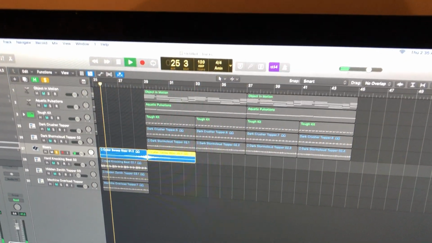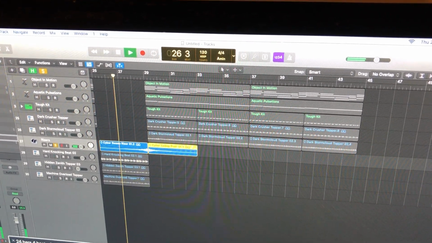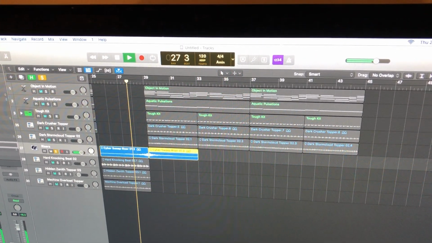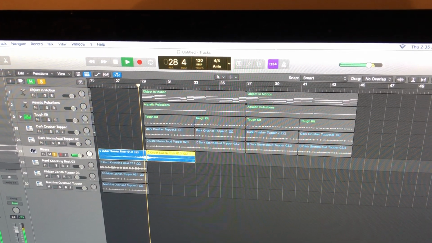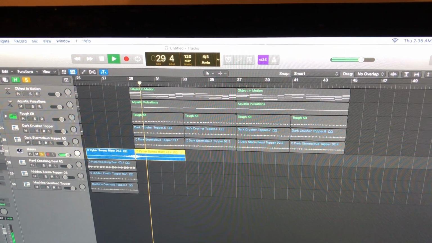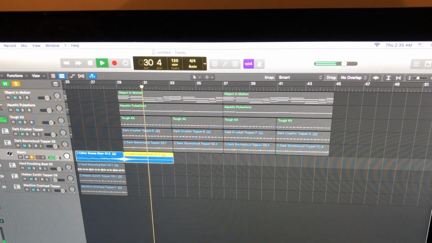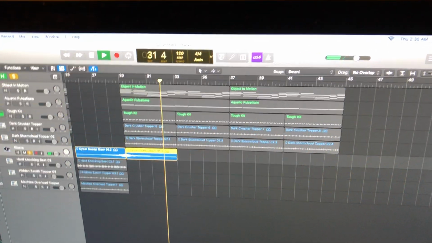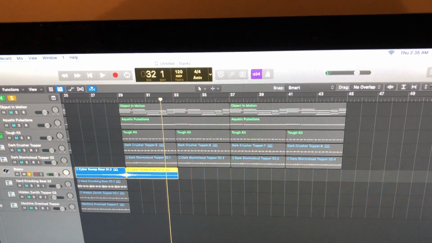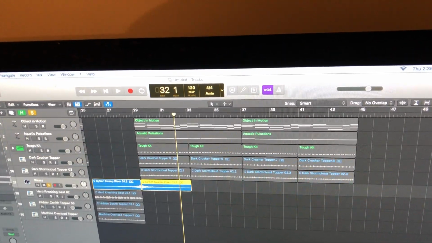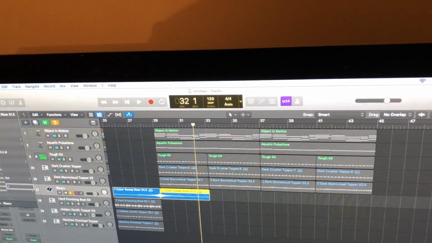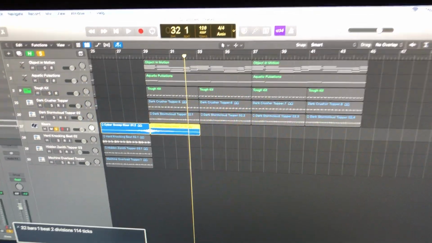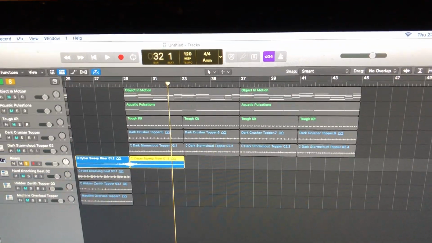So the riser's coming up. You see, it kind of reverses into itself, and it sounds a little weird. But with the track, it'll give it a little bit of a sense of, oh, okay, it's got some resolution. What I'll do though, just to make it a little smoother, is crossfade the